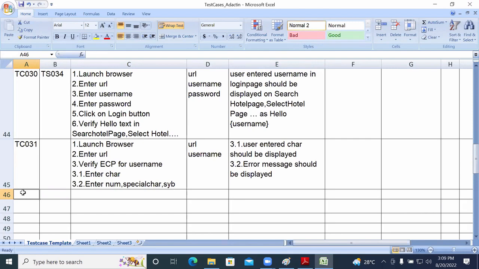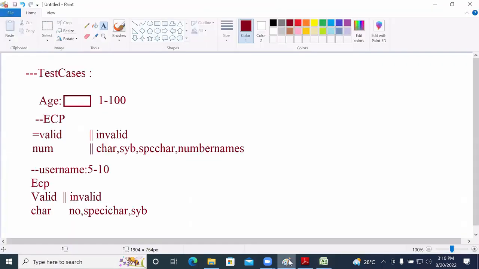But for now, as that information is not available, as part of the practice, you can assume some number, and according to that you can write the test cases here. In a similar way, you can apply